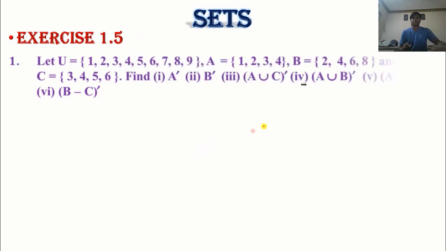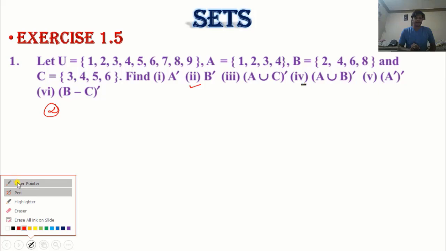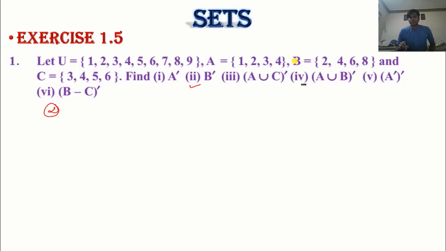using all this, we will solve exercise 1.5. See the first question. Your first question has 1, 2, 3, 4, 5 and 6 results. We will not calculate all the results, but we will calculate very few results from this one. I will consider any one. So suppose we calculate the second one, then B dash. So what is B here? See that. What is B here? You can see. This is your B.